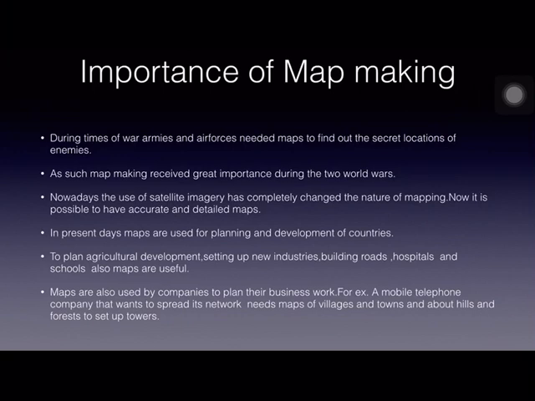If all the backward regions or places are developed, it leads to the development of the country. And if we can notice what are the regions or places which are backward, and how it can be done, with the help of maps. Maps are also used for planning development of the countries, and the planners are required to know the problems of a region. Unless we know the problem of a region, we cannot develop it. And to know the problem of a region, the maps help us.